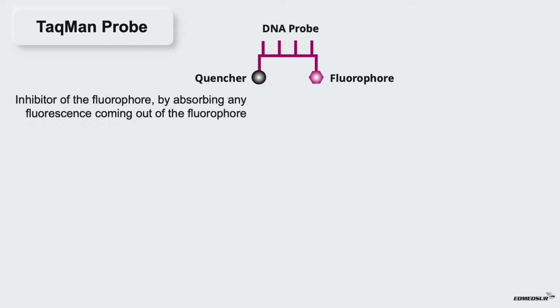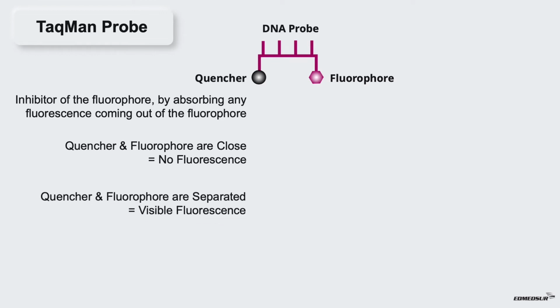TaqMan Probe. A TaqMan probe is a DNA probe which consists of a single-stranded DNA coupled with 2 molecules. There is a fluorophore at the 5' end and a quencher at the 3' end. The quencher is the inhibitor of the fluorophore, absorbing any fluorescence coming out of the fluorophore. As long as the fluorophore and quencher are placed close to each other, we cannot see any fluorescence coming out of the fluorophore. If they are separated from each other, then the quencher is no longer capable of absorbing fluorescence from